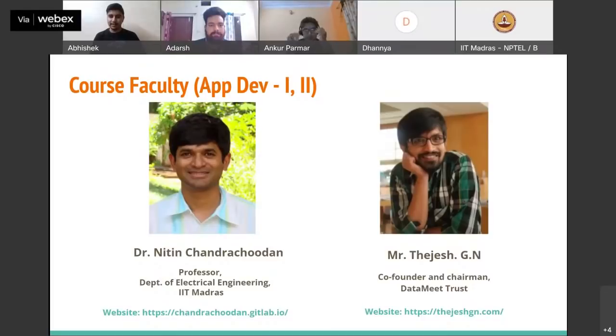The second instructor is Mr. Thejiyen. He started his career as a software engineer while working with Infosys Technologies Limited. He has also worked as a senior software engineer with NPTEL. He was associated with the course builder team. He has been a regular contributor to various open source projects. And he is also a co-founder and chairman of DataMeet Trust, which is a big community of open data science